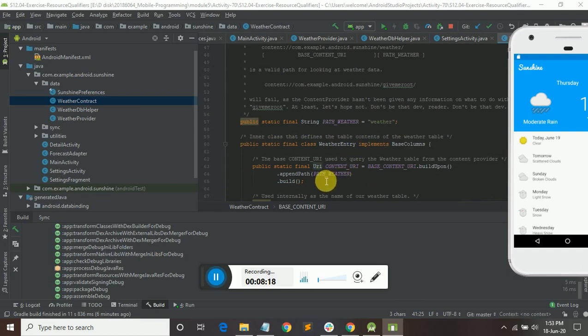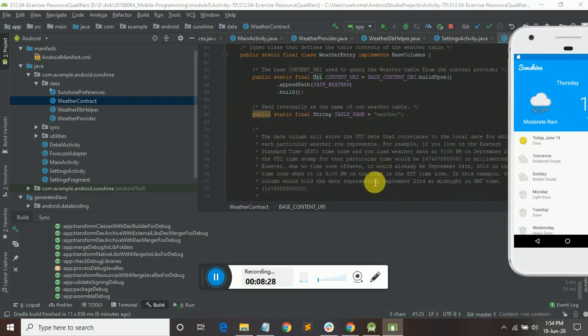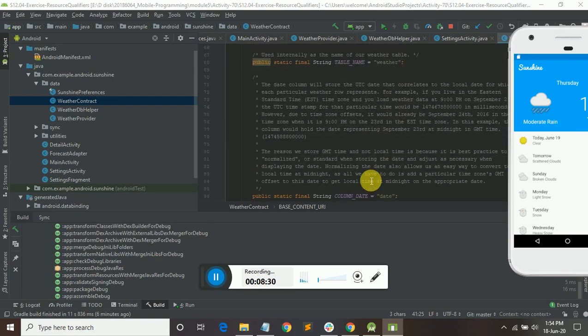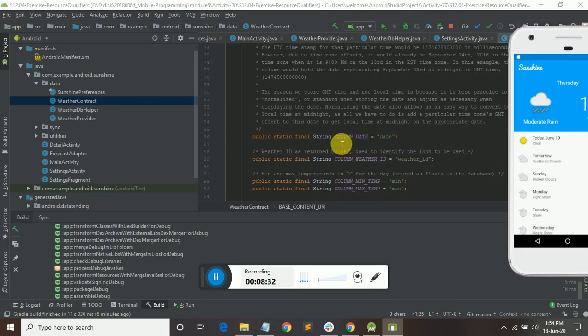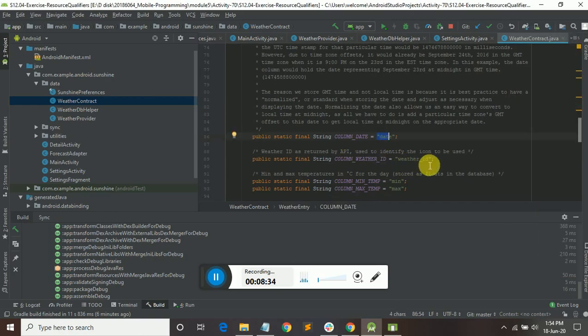This is all the stuff we are using, this is the name we are giving, and what type, with path, whether it is weather type. The main thing is the date and weather ID.